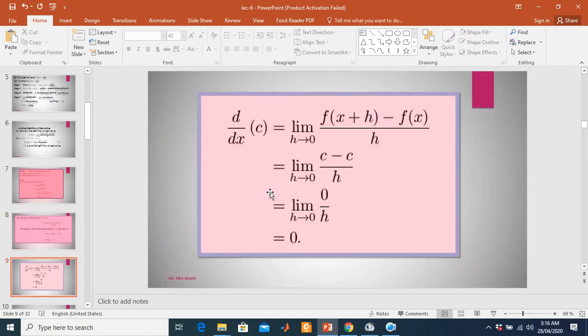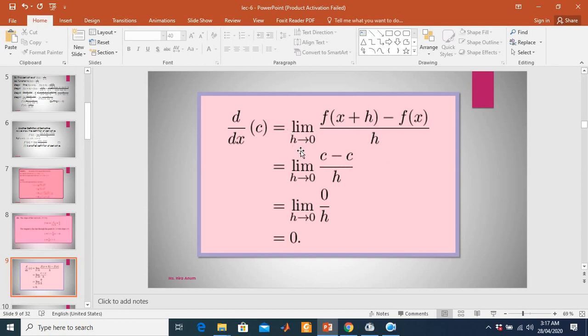Here we have the derivative of a constant, with the power rule. So I will use the definition of derivative. When the function equals c, where c is any constant which has no variable, then f of x plus h equals the constant. A constant function does not change when x plus h is substituted. So f of x plus h equals c, and f of x equals c.